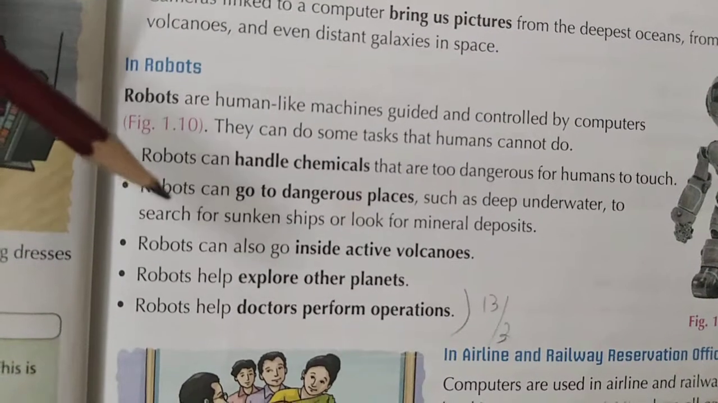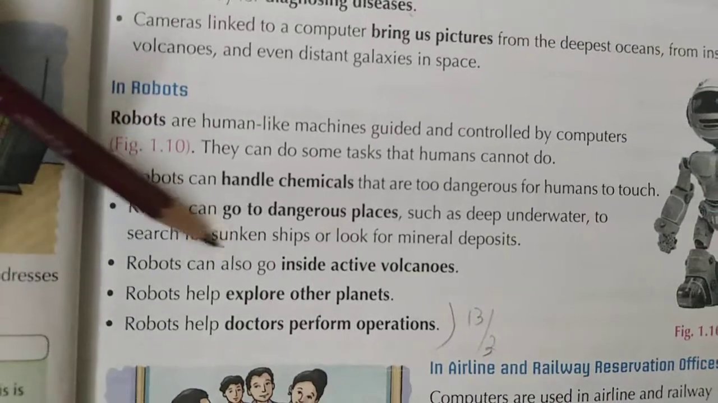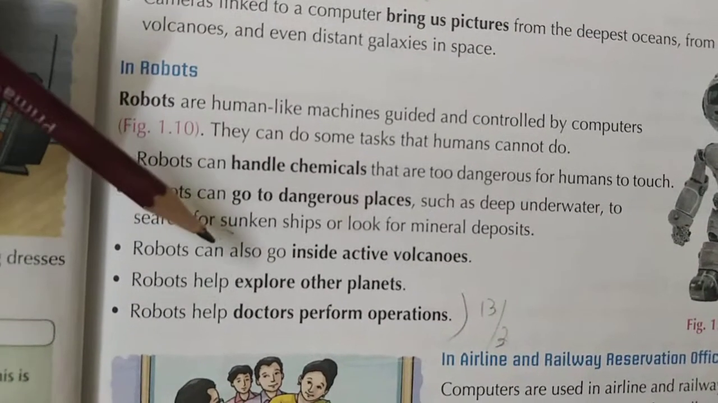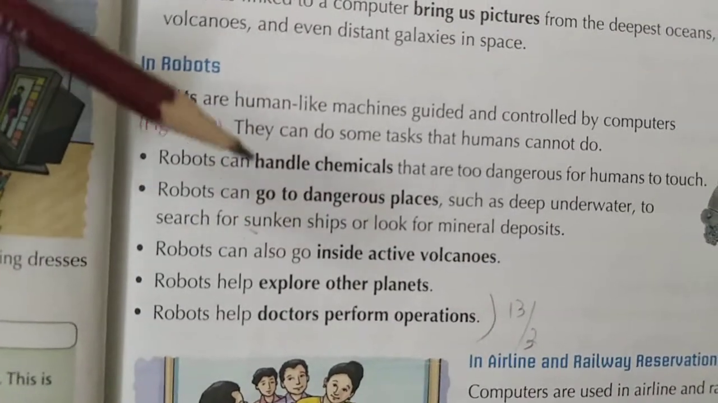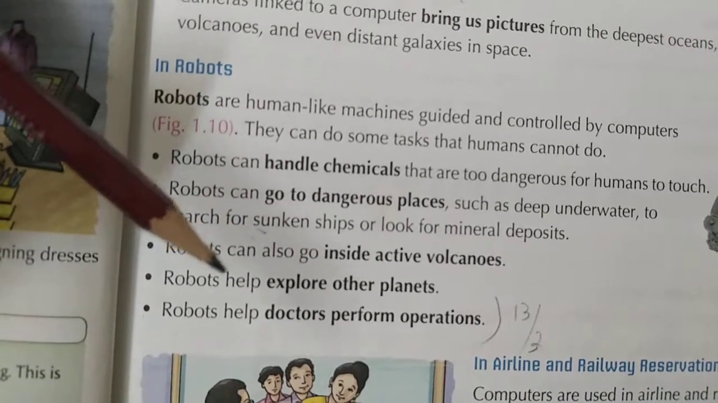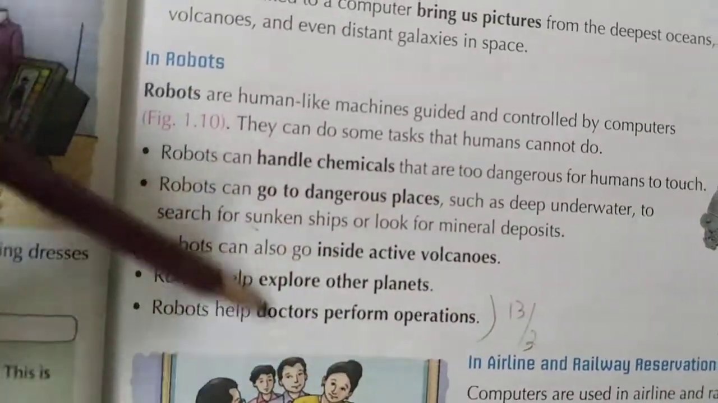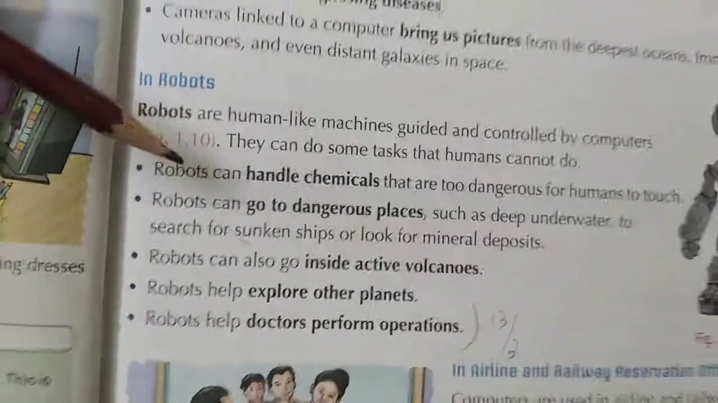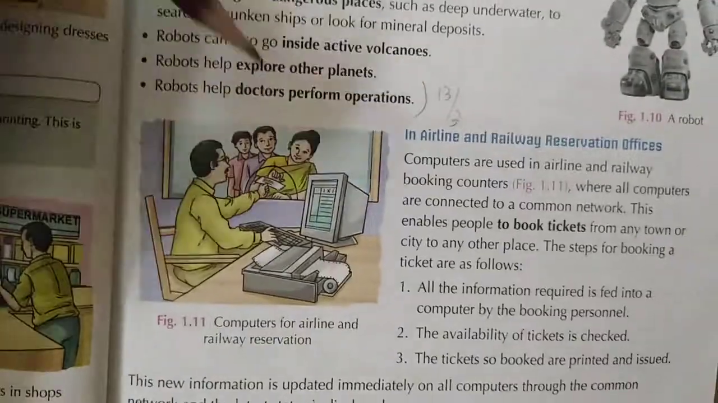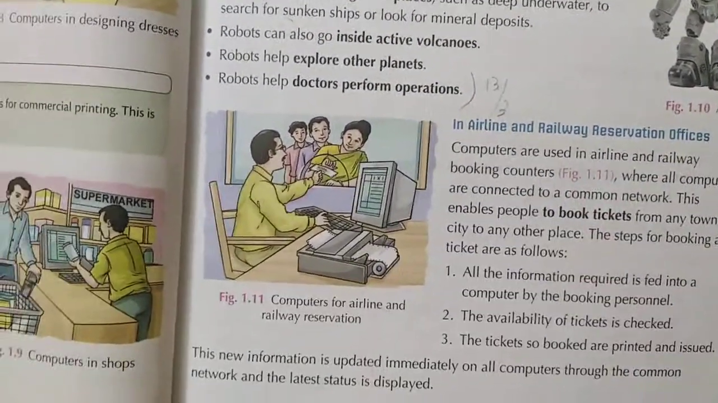Even for example, they just go inside the volcanoes because volcanoes are very harmful, and there are chances of explosion at any time. So instead of sending any human in there, they send the robots, and here are several other things that robots can do. And the airlines and the railway reservations,